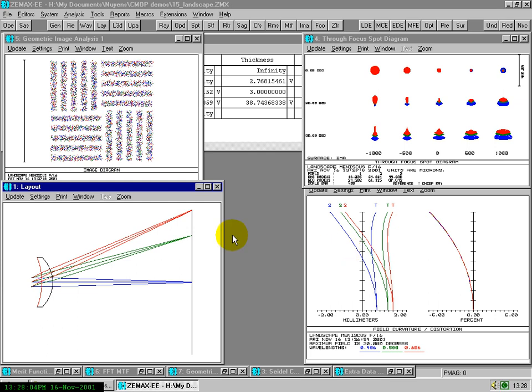In this demo we show the properties of a simple landscape lens that was developed in the early 19th century. It consists of a meniscus lens and a stop placed in front of the lens. The aperture itself is quite small, and if we look at the spot diagram, we see that spot sizes are reasonable and we have some